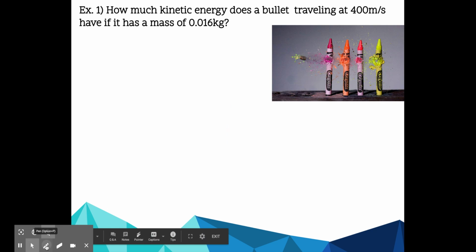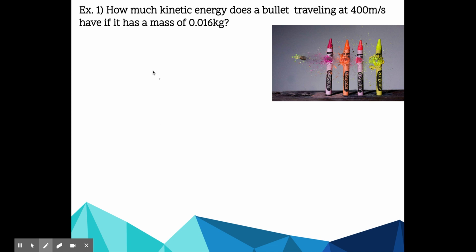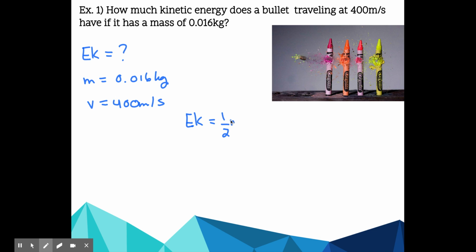So, questions, of course. How much kinetic energy does a bullet have traveling at 400 meters per second if it has a mass of 0.016 kilograms? Velocity is 400 meters per second. Yes, bullets travel extremely fast. So, my units are in kilograms, looks good. Velocity is meters per second. I can now write my formula, 1/2 mv squared